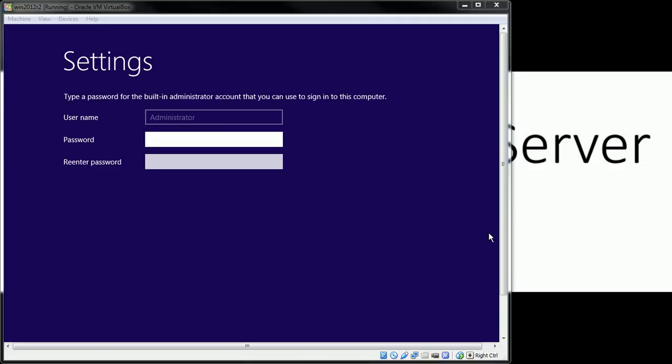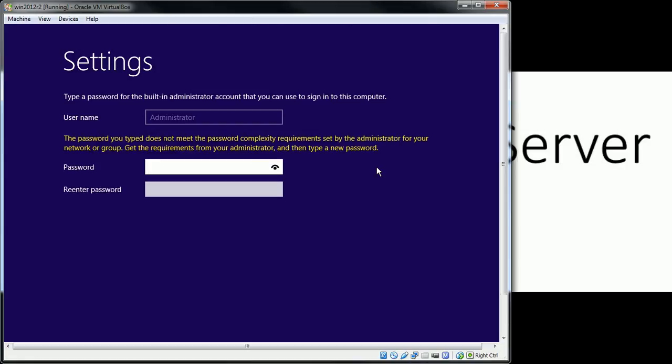This screen is going to ask us for our administrator password. So we just need to type in some password that's going to meet those complexity requirements. If you try to leave it blank, it's going to say that it doesn't meet the complexity requirements. Generally, these requirements are 8 characters and at least 3 out of the 4 of uppercase, lowercase, numbers, and special characters. So come up with something that is sufficiently complex,